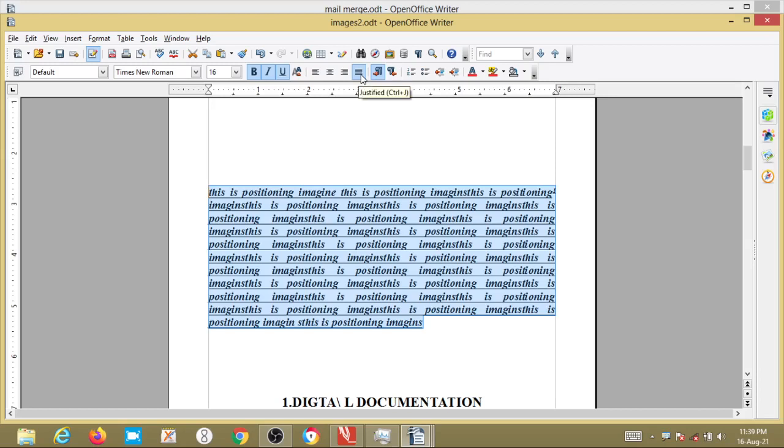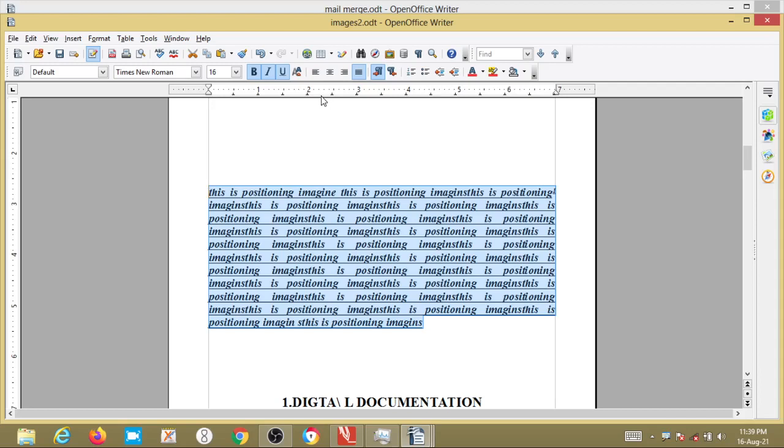Okay, so these are the different options available for modifying paragraphs. Clear now? Okay.